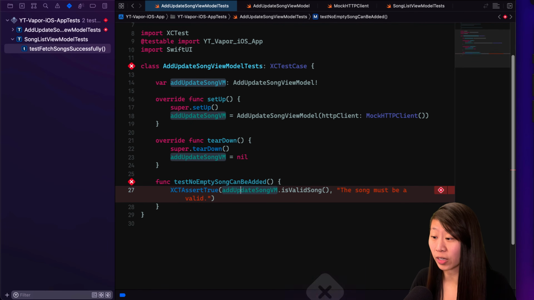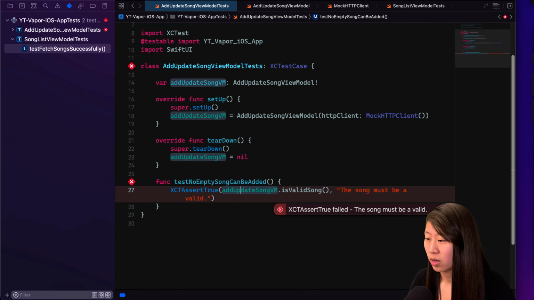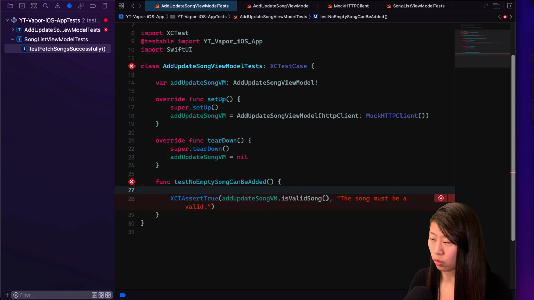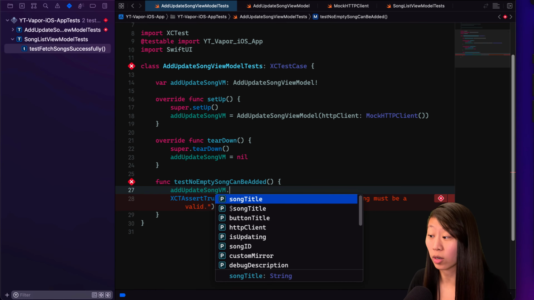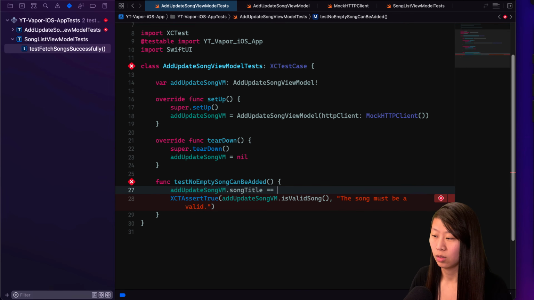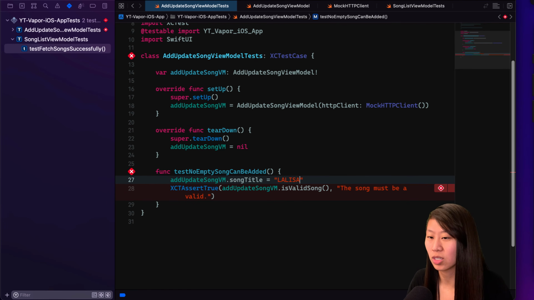And our tests still fail because isValidSong is returning false, because we have not set the song title equal to something. So if we add updateSongViewModel.songTitle and change this to Lalisa, because that's another one of the songs of the band that I have been using. If we change our test now and run it,